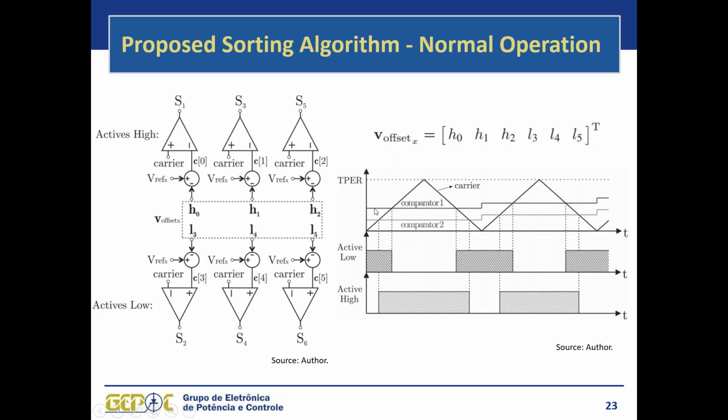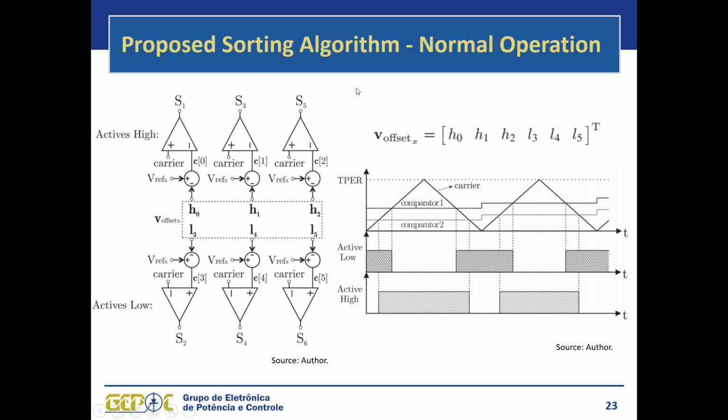And once the comparator achieves the same value of the carrier, the pulse goes to logic level low. This is why it is called active low. And on the other hand, the active high works exactly the opposite. So when we have the comparator higher than the carrier, we have a low logic level for the PWM pulse. And once the comparator and the carrier achieve the same value, the state goes